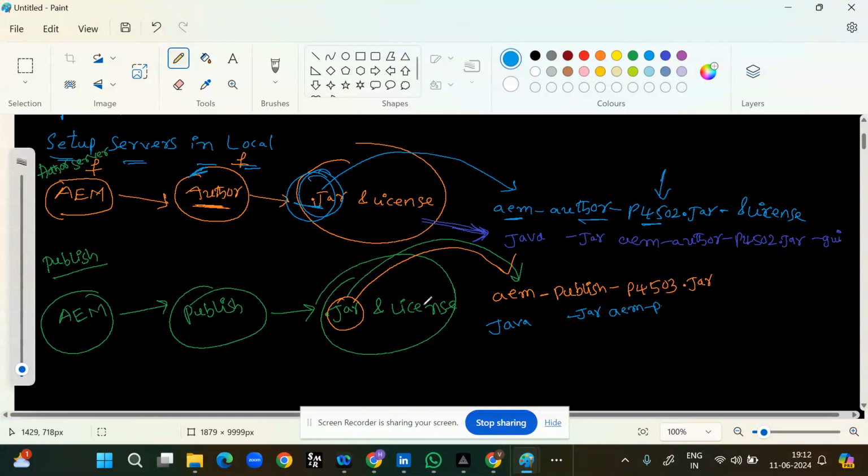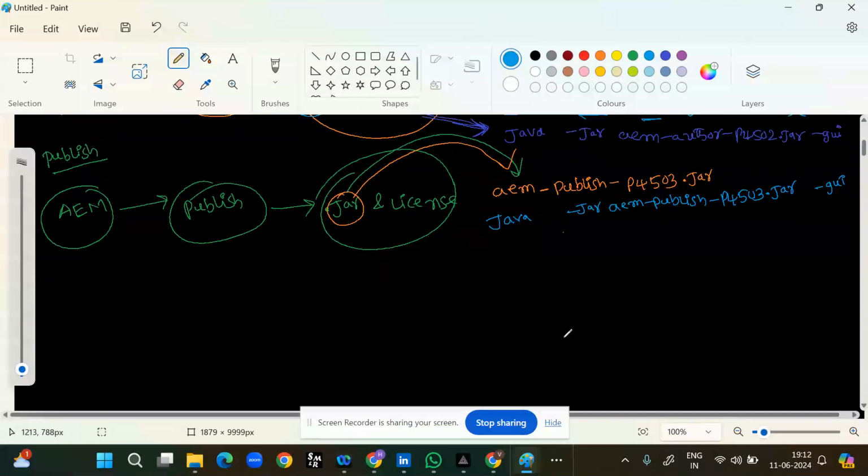aem-publish-p4503.jar -gui. Whenever you give this command on your command prompt, then what it will do, it will download one publish server. It will download the publish server to your local. So after doing this, we need to open